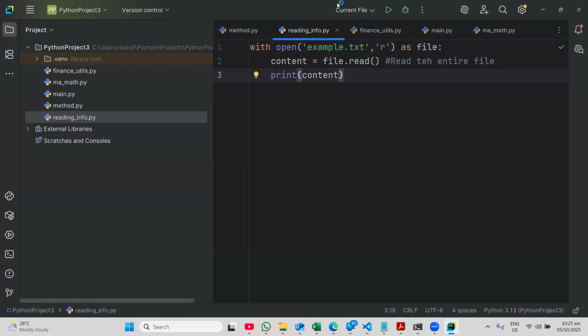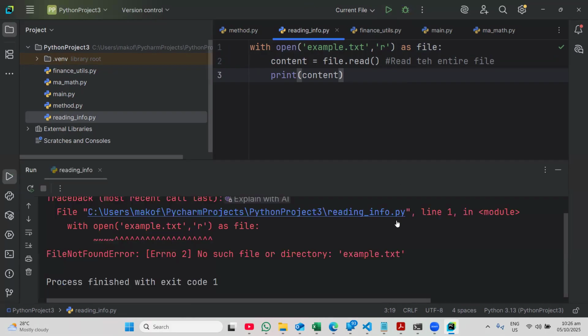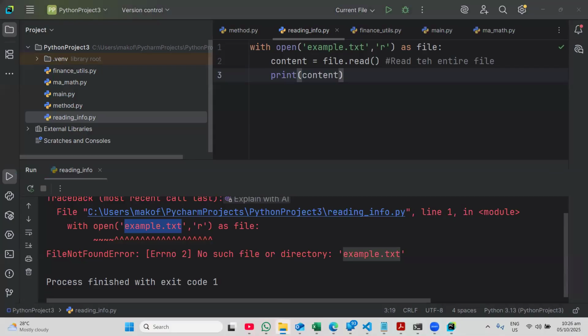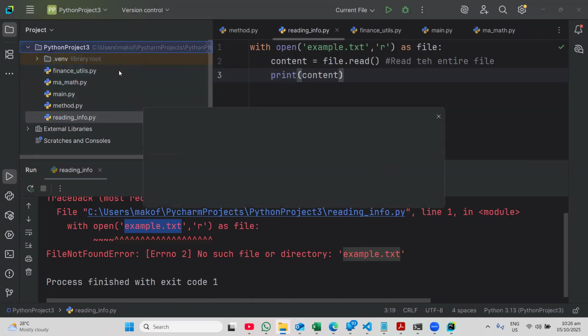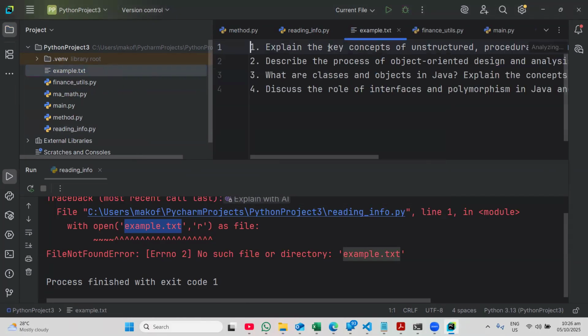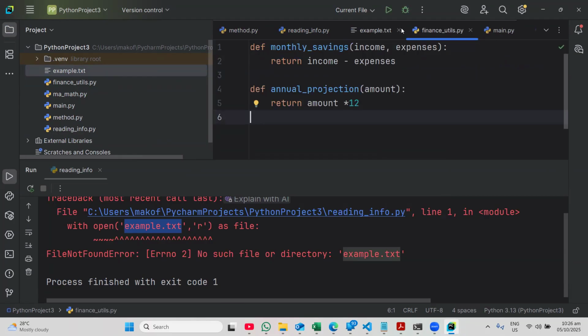So with this, I can run my application. And when I click on run, I have an error. I have an error because it is trying to locate example.txt, and example.txt is not here. So I'm going to go and fetch example.txt. Then I'm going to move it all the way in here. Yes. So now example.txt is here. Good. So now if I run this again,